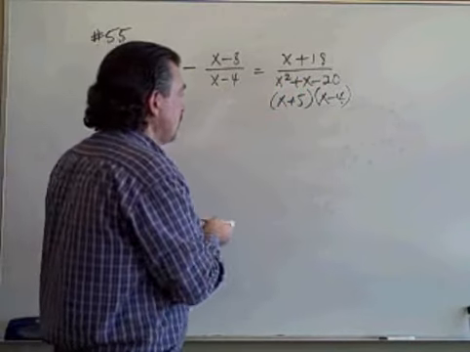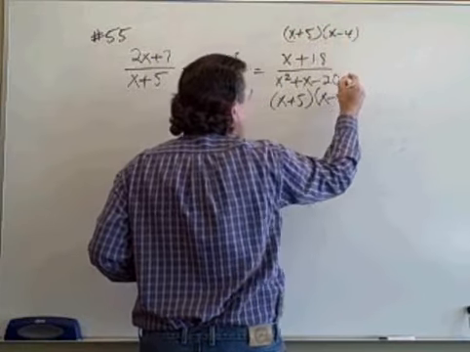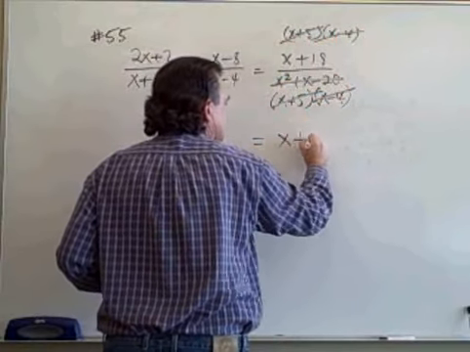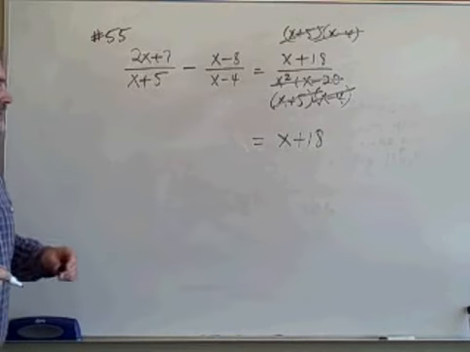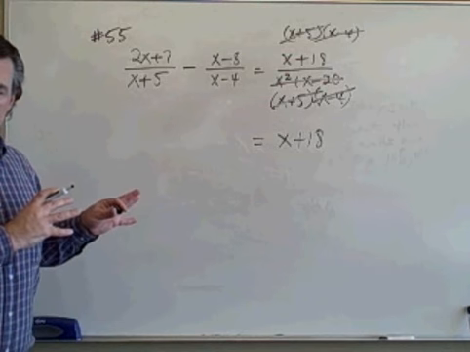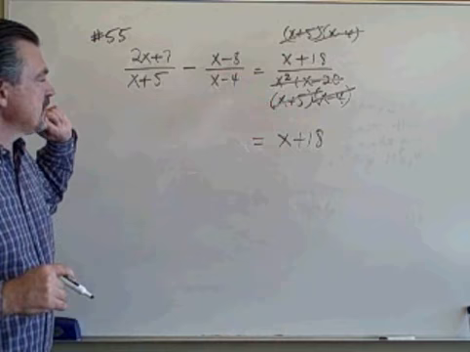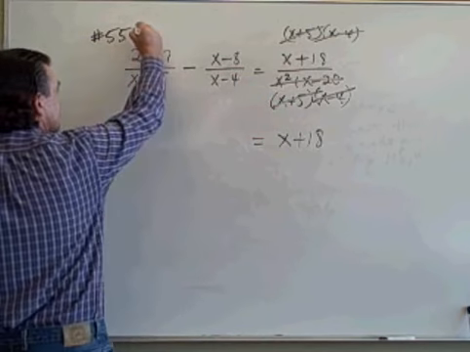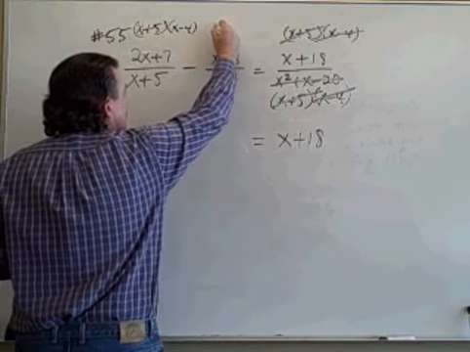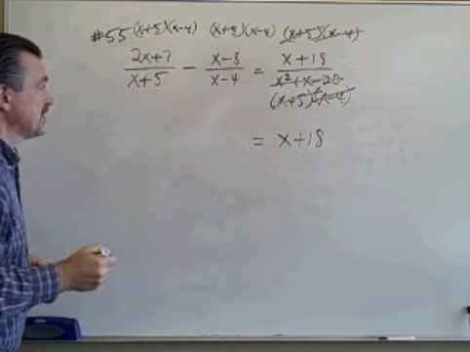And those two binomials, if I use them as my multiplier times this fraction, would cancel completely, leaving me just x plus 18, would it not? If I multiplied that fraction by those two binomials, they would cancel the binomials that are there in the denominator, leaving me just the numerator. But if I multiply that side of the equation, I'll have to multiply this side of the equation by those same two binomials. Which is good because that's going to eliminate my denominators here,